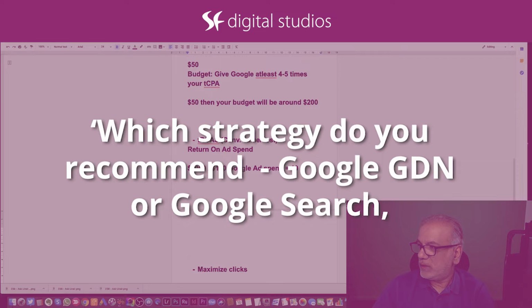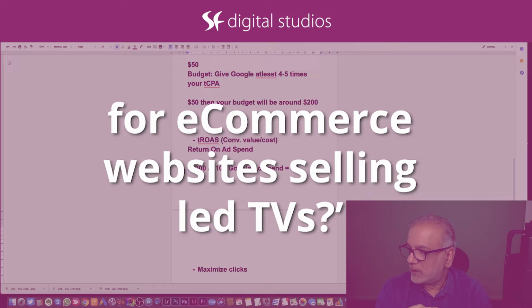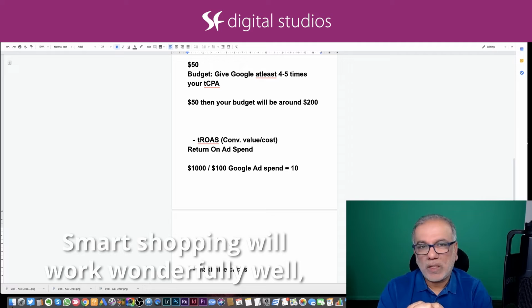Amish, which strategy do you recommend for Google GDN and Google Search for an e-commerce website selling LED TVs? Smart Shopping